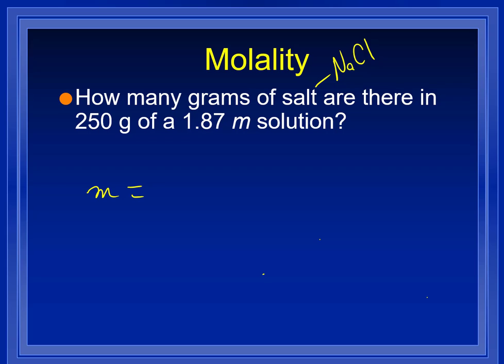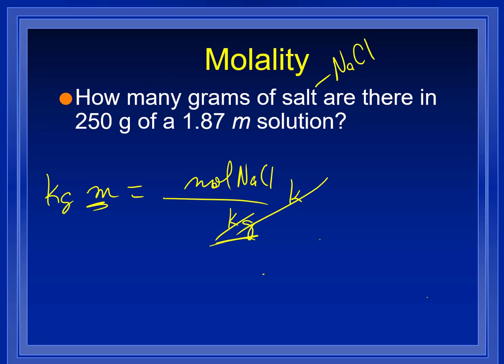Well, I know molality equals moles of NaCl over kilograms of solvent. And I know 2 of those numbers. I know the molality, and I can get the kilograms. So to get moles, I need to do molality times kilograms, right? Multiply both sides by the kilograms. So 1.87 molal times 0.250 kilograms is